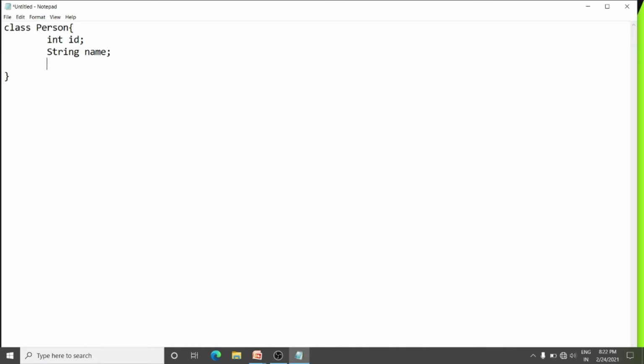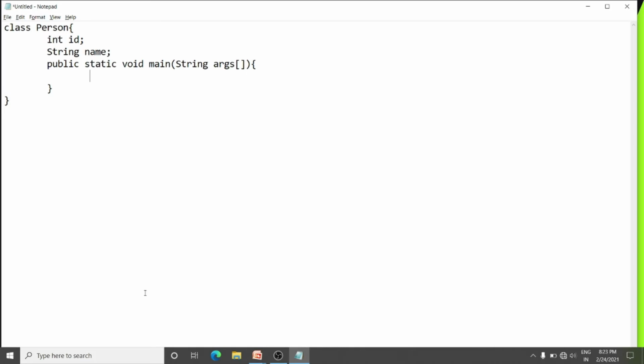So here I am going to write main function, public static void main, string argument, opening square bracket and closing square bracket, and then here I will close the round bracket, here opening curly bracket to start the main function, and here I will close it. Fine.